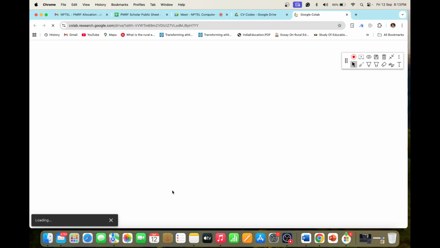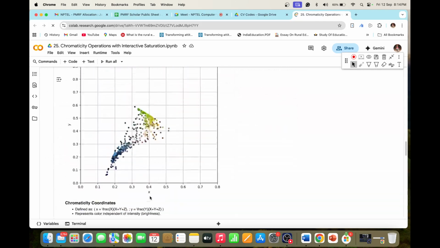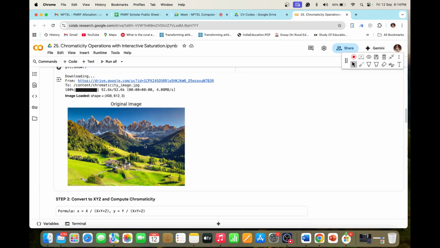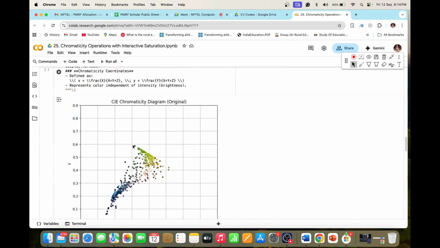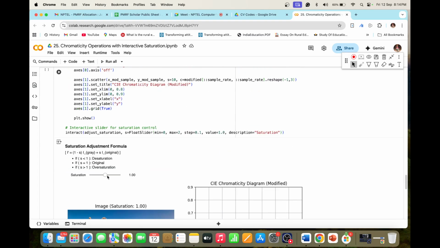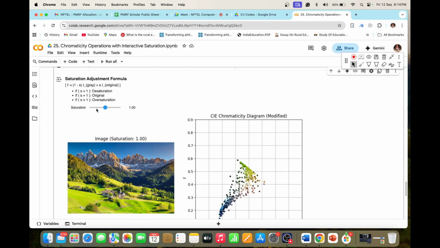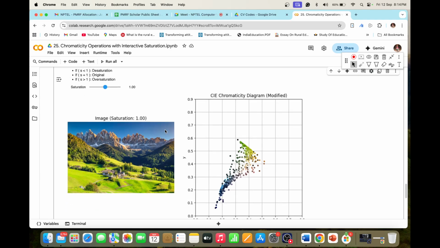Again, this is regarding saturation and desaturation. You can just open it, and this is the original image, and this is the CIE chromaticity. Then I have given you a saturation slider over here, and you can operate this. I think it will not open because I am not running the code, but once you run the code, you can adjust the saturation, and you can see this point will be